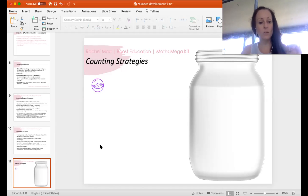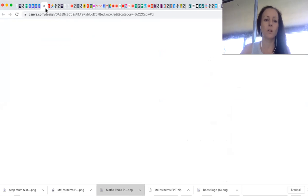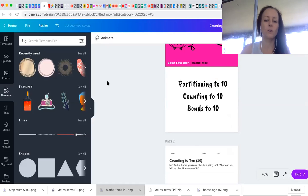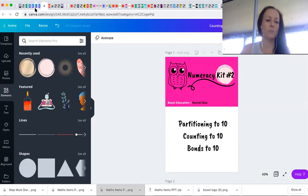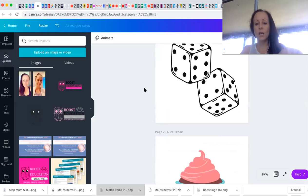So we're starting today with counting strategies. So I wanted to show you. I wonder if I can show you quickly. You probably can't see that. I wonder if I can share this. So I'm now going to take you to, so this is part of inside of the kit, but I wanted to show you, I don't think I've got it up. I think this is something else. Oh, I do. Okay. So what I went and did is I have gone and changed all the different items